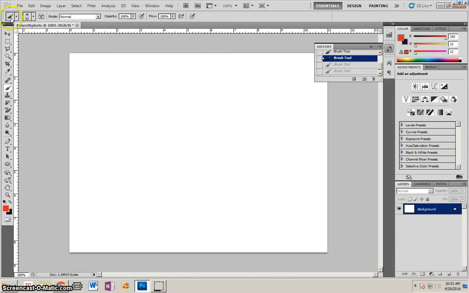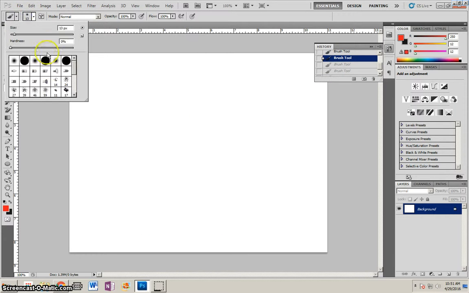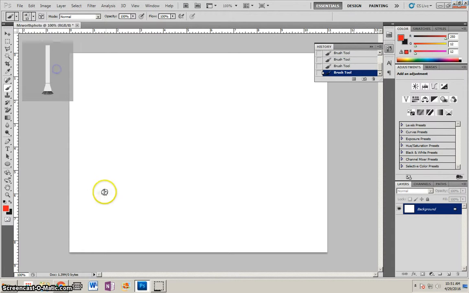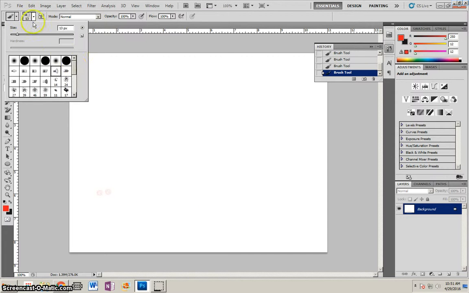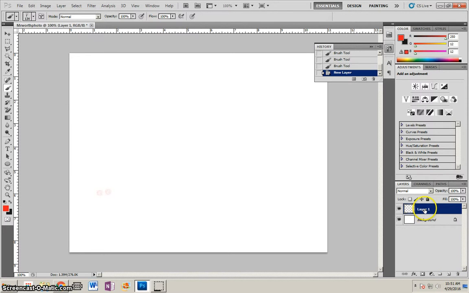And you can grab different brush heads. So if you click right on this 13, you can grab like a fan type brush head. Click on that. Or one of my personal favorites is grass. Alright. Now, right now we're working on the background layer. But what I want to do is go down here and click on New Layer. And I'm going to call this layer Grass. Hit enter,